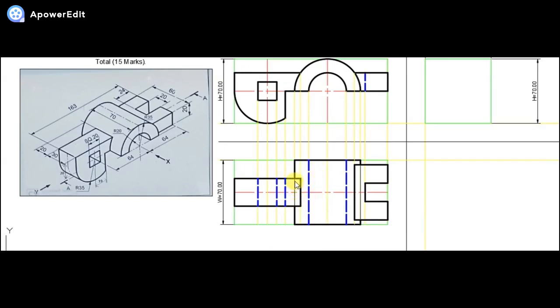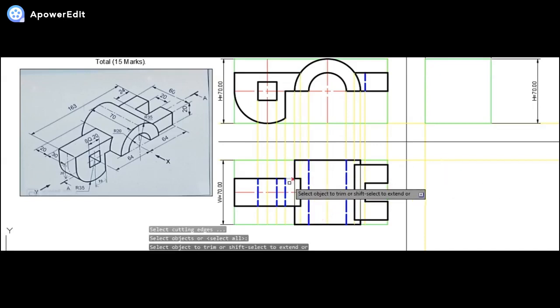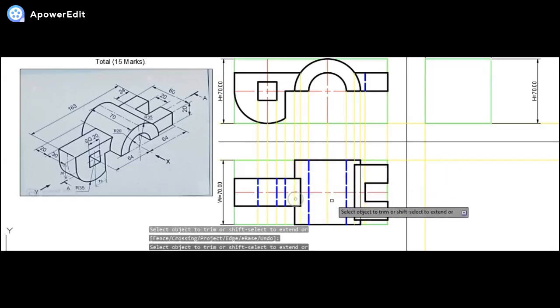Some of you may get confused whether these hidden lines are going to come or not. Friends, let me make it very clear: because this edge is prominently with this, and this particular surface has coincided with this particular edge, these hidden lines are not going to come. Even over here and on the other side, the hidden lines are not going to come. Just to avoid the confusion, I will simply trim out these edges. These will be the removed edges like this. So we should be in a clear position.